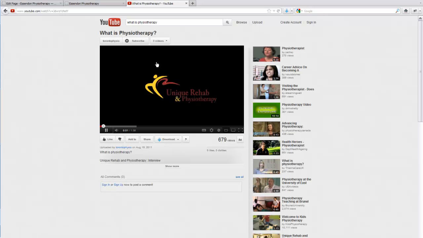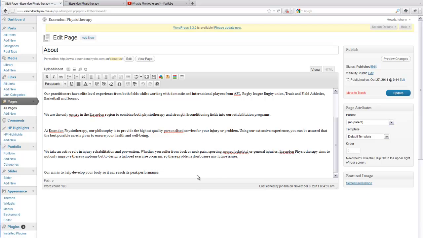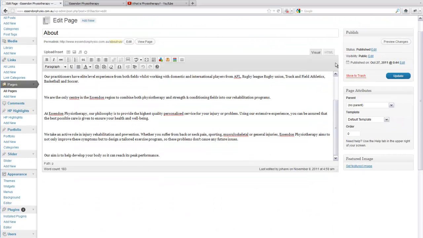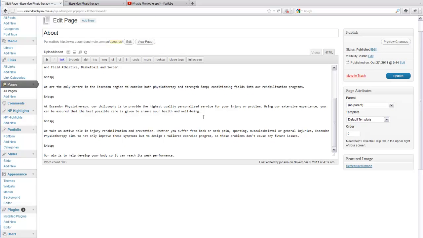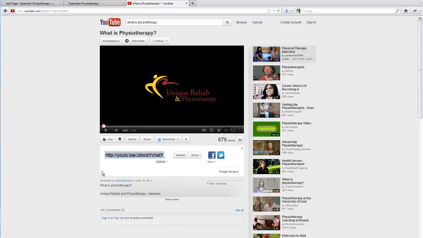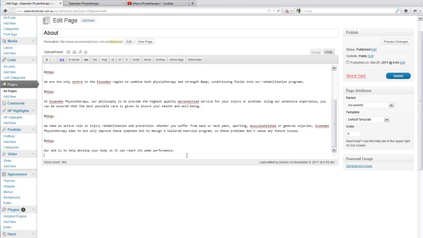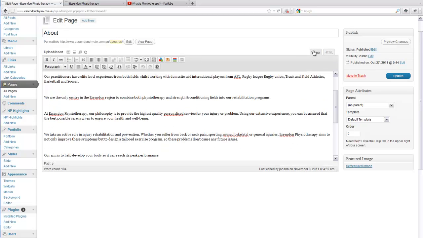In order to embed this into your web page here, you simply click on the HTML, pick where you want to add it, and then just hit the share button, embed, and then copy this code, paste it in here, go to the visual editor, hit update,